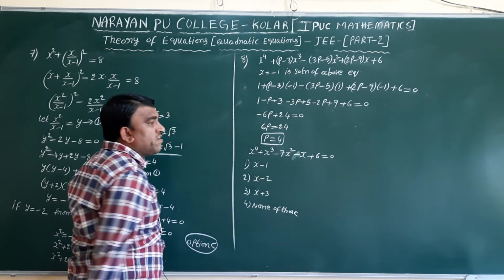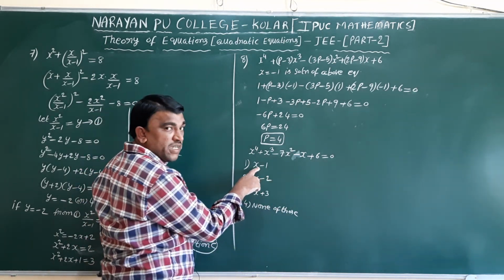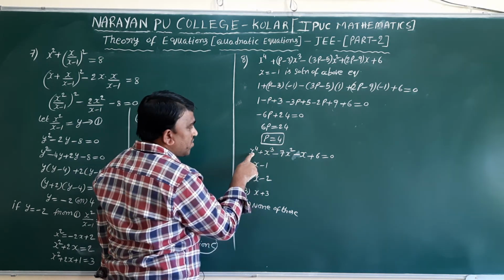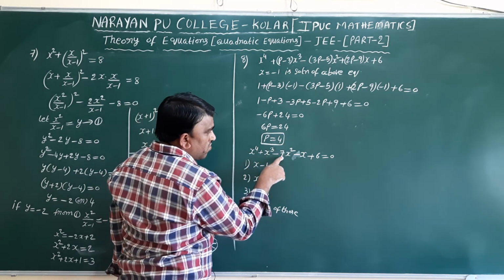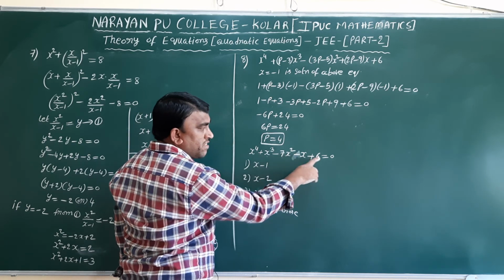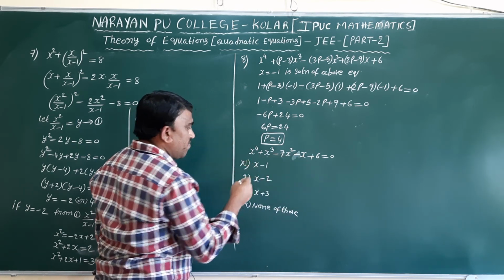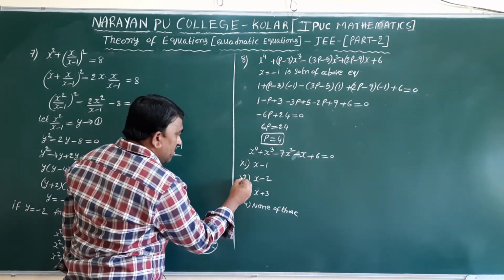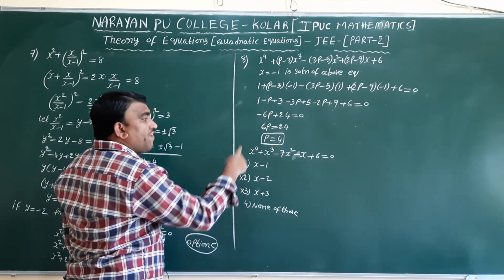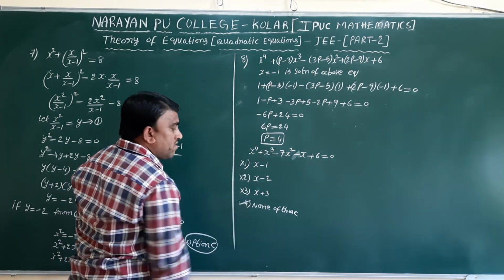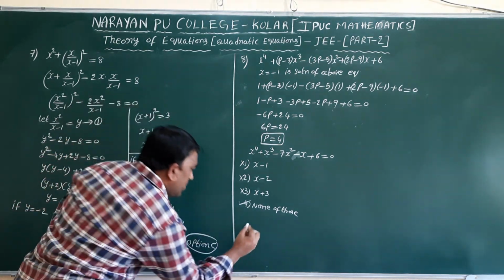They given like this. If x value 1, because x minus 1 is the factor, x equal to 1 substitute here, 1 plus 1 2, 2 minus 7 is minus 5, minus 5 minus 1 is minus 6, minus 6 plus 6 is 0, so x minus 1 is the factor, this won't come. They said which is not, like that verify these all 4 options, these 3 will get the factor of this one, so last option none of this, so that will get it. So option D is correct one.